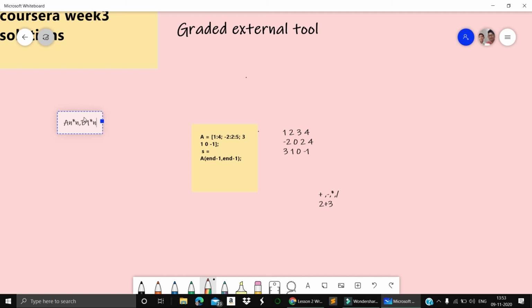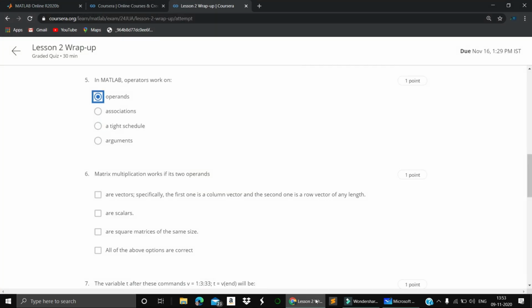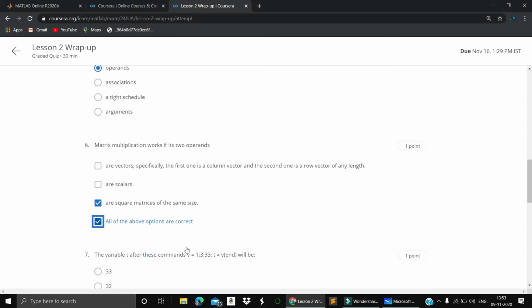It means it satisfies the condition that first matrix rows equal second matrix columns, or second matrix rows equal first matrix columns. Then it obeys matrix multiplication, and both should be scalars, and both are square of the same size. It means 1 cross 3 or 3 cross 1. 3 cross 3 is less. So both are square matrices. So all the options should be correct here.